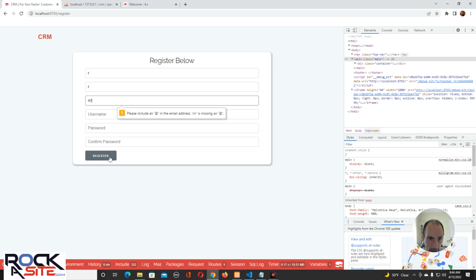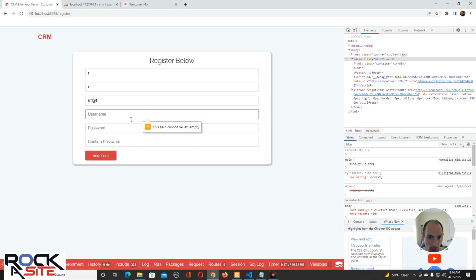So if I go like this, see how it'll automatically say that it's not a valid email address because we made this. So we're going to let the HTML5 do all that checking for us. But if I were to do that, right, this field cannot be empty. It's required anyway. Now, I'm going to let the HTML require that,